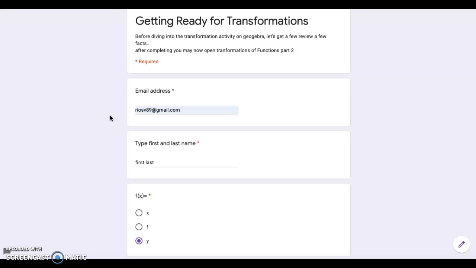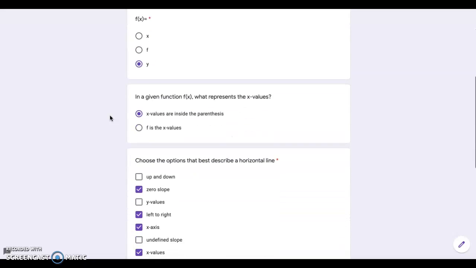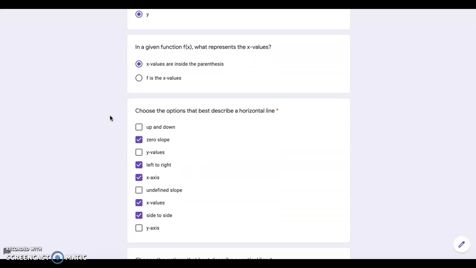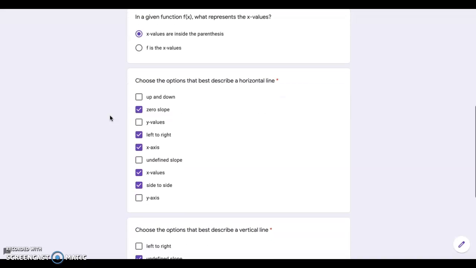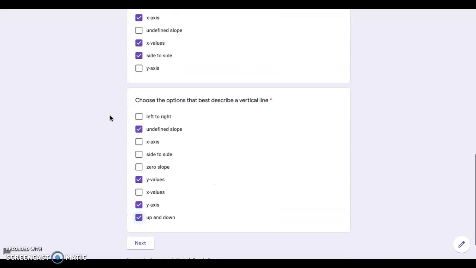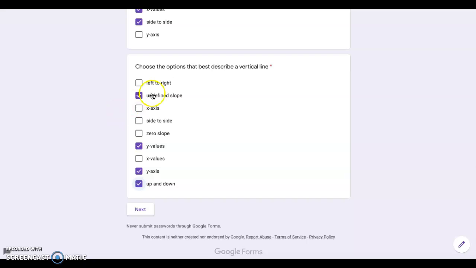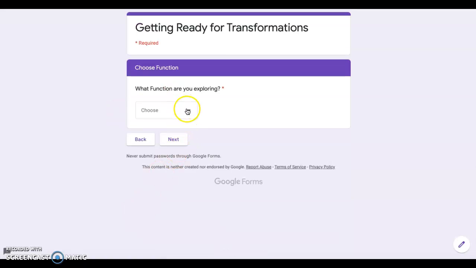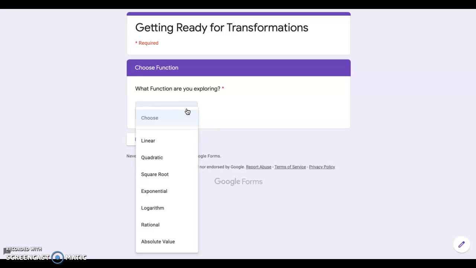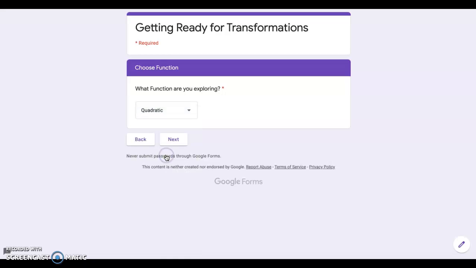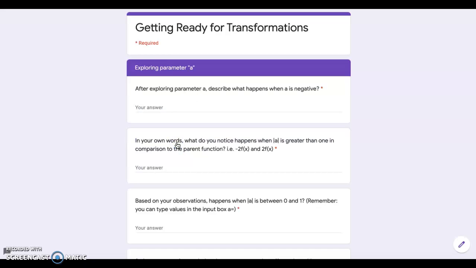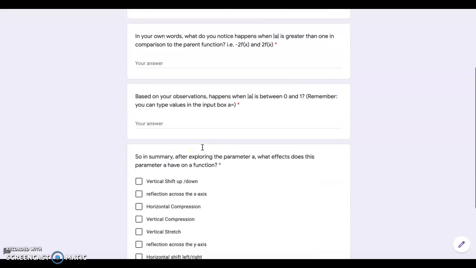They would type in their first and last name. I went ahead and filled this part out. These are just basics. You can see asking them what vertical and horizontal lines are, getting all their facts together. They would hit next. What function are you exploring? Ideally, we'd want them to work on one function at a time. So if they're working on quadratic function, it would take them into the questions, they could type them in,